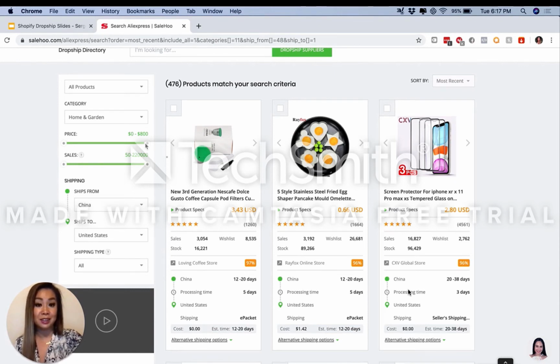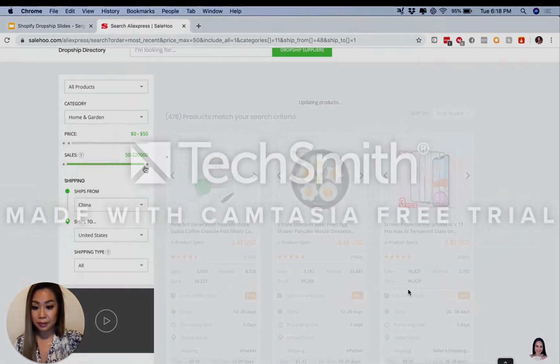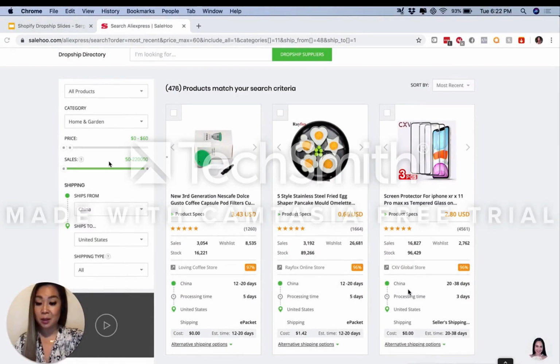So in contrast to the labs, which we just looked at, this is the price that you're purchasing the item as from the supplier, not the price that it's currently selling for. So I'm going to set it to $50. Number of sales, this one I actually typically leave as is on SaleWho,